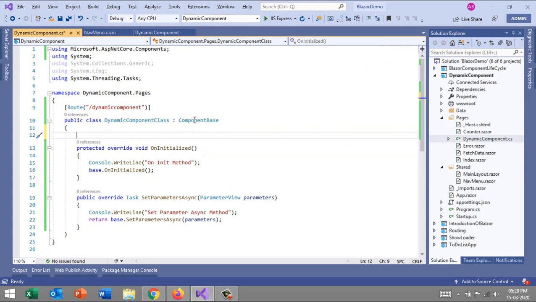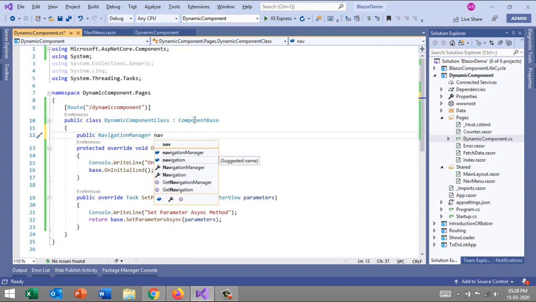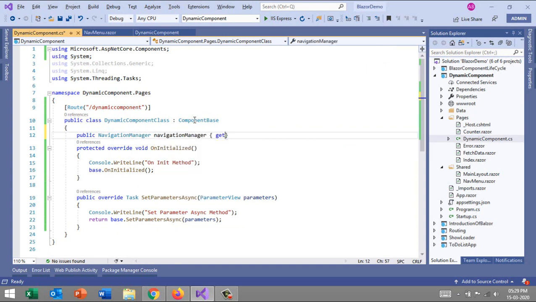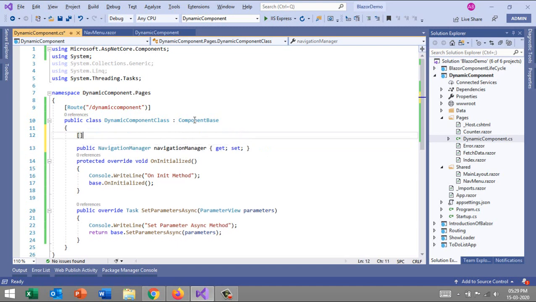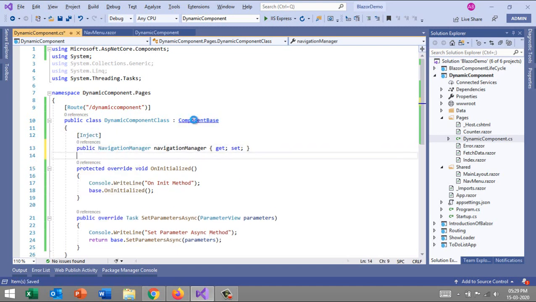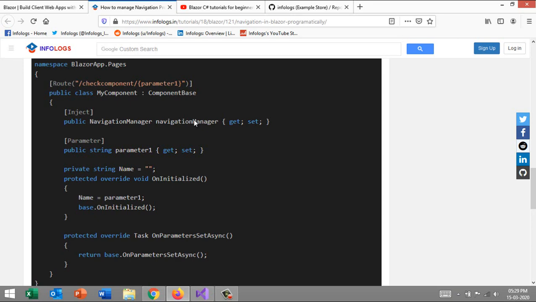Here again I have to inject the service. For that I'll create a public NavigationManager property with get and set, and make sure I inject the service, right?